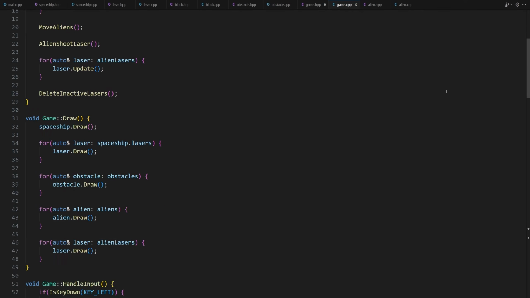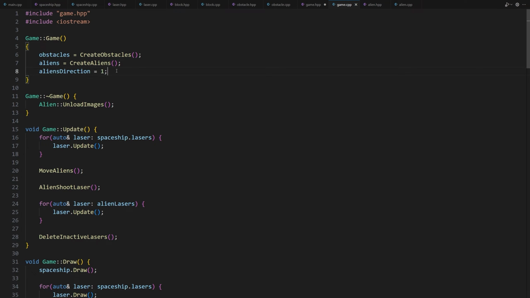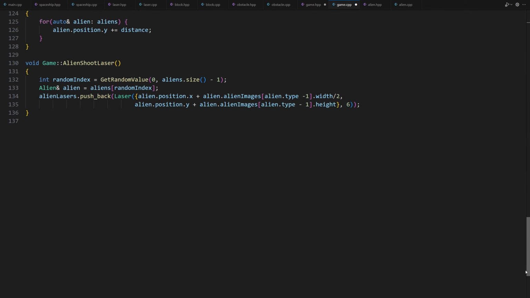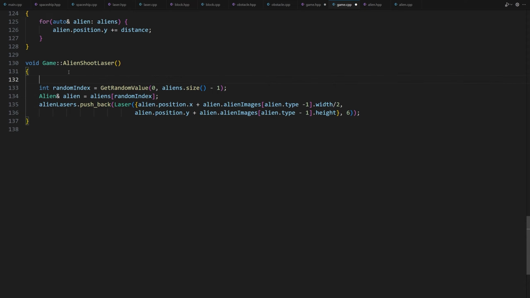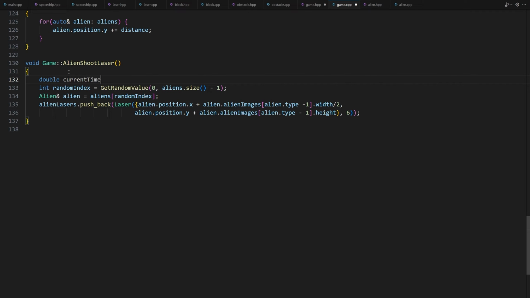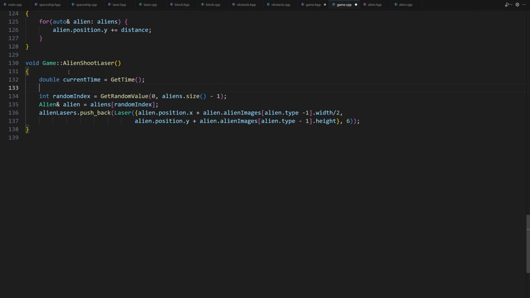Now let's head back to the game.cpp file and inside the constructor, let's initialize the second attribute. timeLastAlienFired = 0. Now let's go to the alienShootLaser method and make some changes. First, let's get the current time. double currentTime = GetTime(). If the current time minus the time the laser last fired is greater than or equal to the interval, and the aliens vector is not empty, we should fire a laser from a random alien.